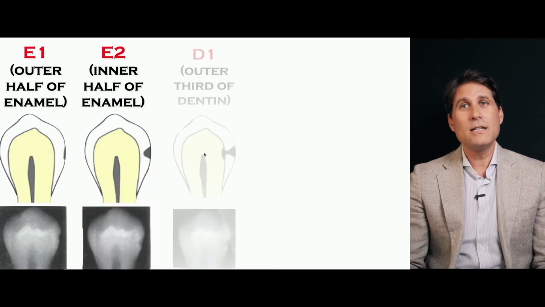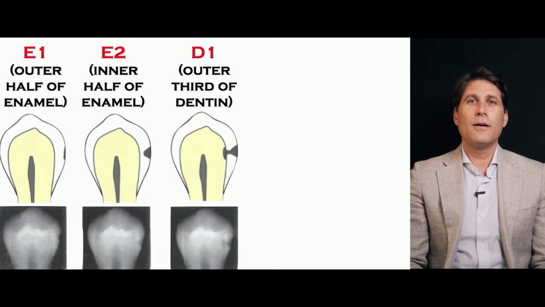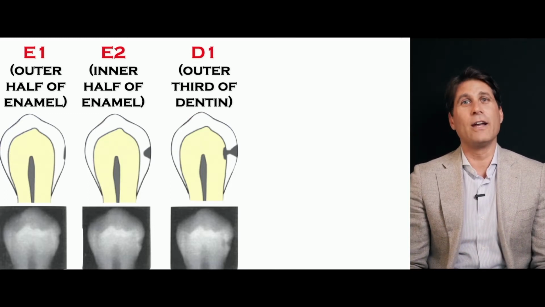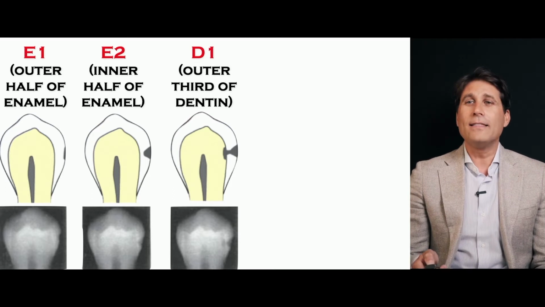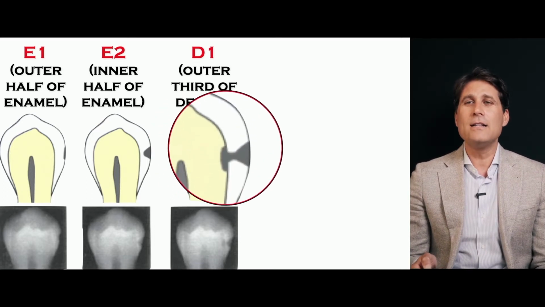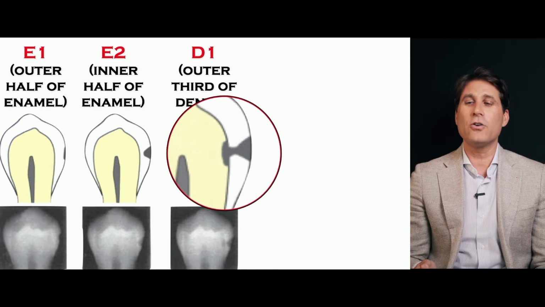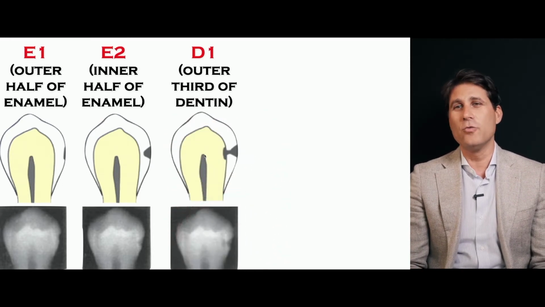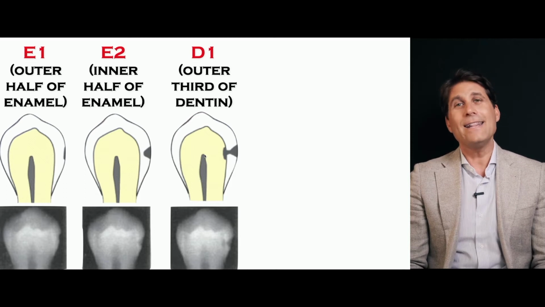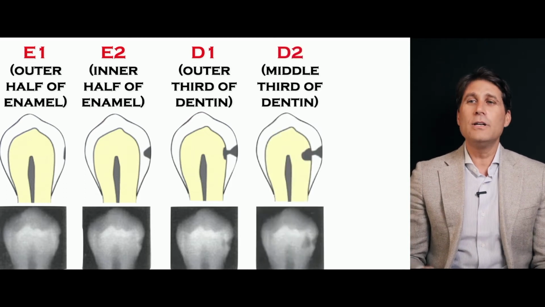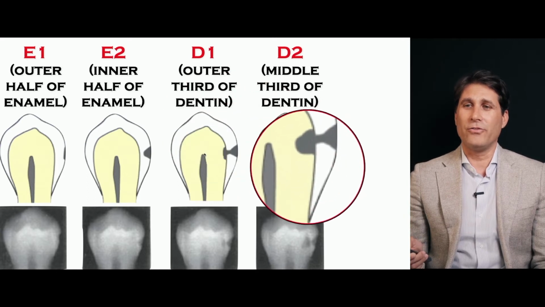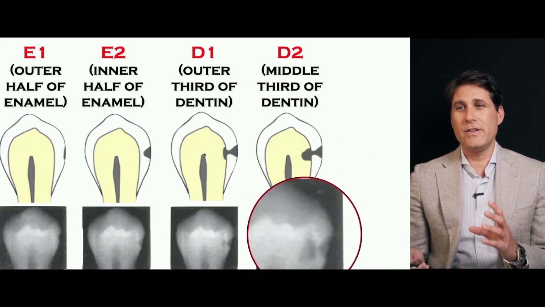Then, proceeding deeper, the classification speaks about a D1 stage of the carious lesion that is localized already in the outer third of dentin. So it's a carious lesion that is already invading the dentinal tubules and the dentin tissues. And then the next stages include the D2, in which the carious lesion goes into the middle third of dentin, and so we can see